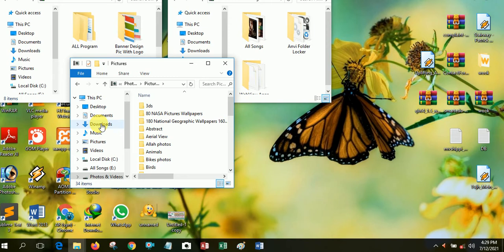Okay. So next I will discuss disk cleanup. We already discussed disk cleanup. Disk cleanup is an important feature of the Windows 7 operating system. We already use it.